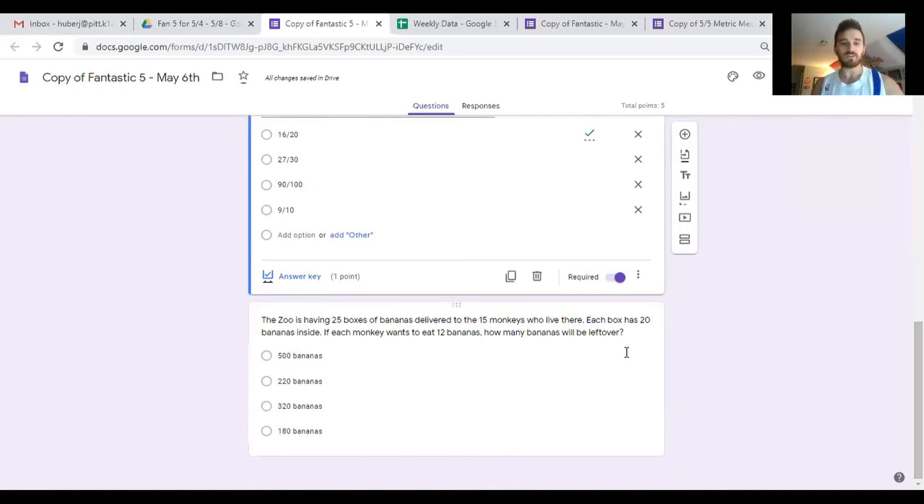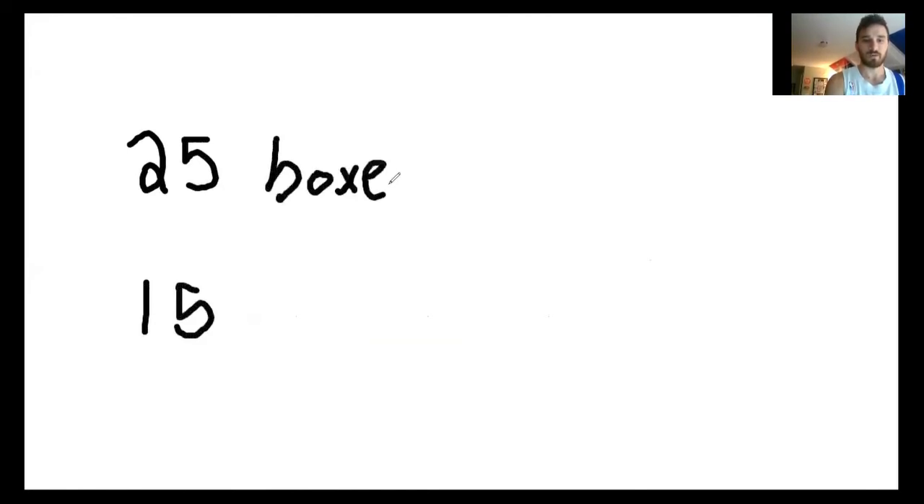So the zoo is having 25 boxes of bananas delivered to the 15 monkeys who live there. Each box has 20 bananas inside. If each monkey wants to eat 12 bananas, how many bananas will be left over? So what I mean by saying I gave you a bunch of stuff out of order, that very first sentence told me that I'm ordering 25 boxes of bananas for 15 monkeys. But those two numbers don't necessarily go together,